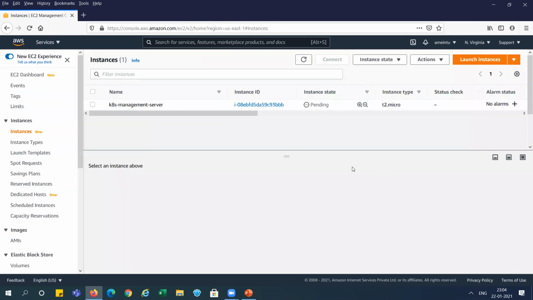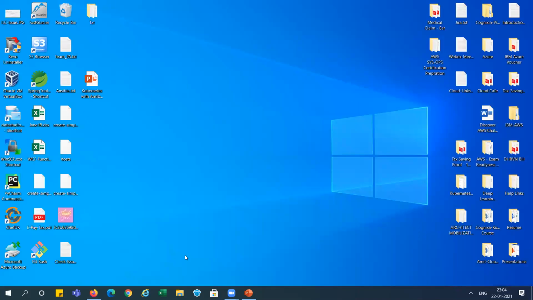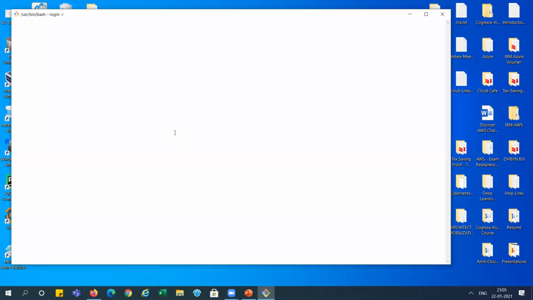So you can see here instance is creating, status is pending. So meanwhile, we can go and open the Git Bash. We will connect our machine from here. So our PEM file is present in the download folder. So I am just going in that folder.